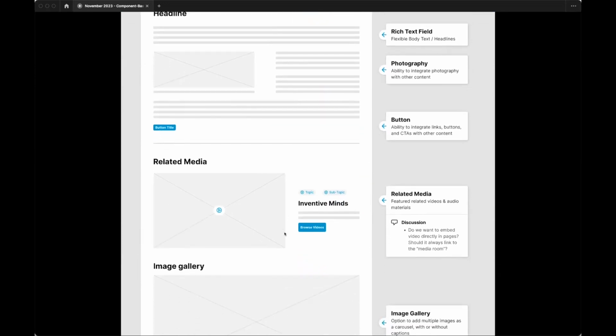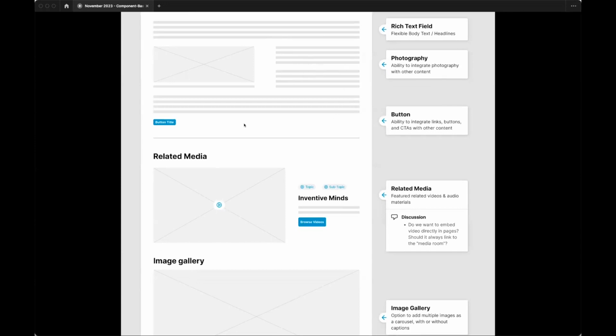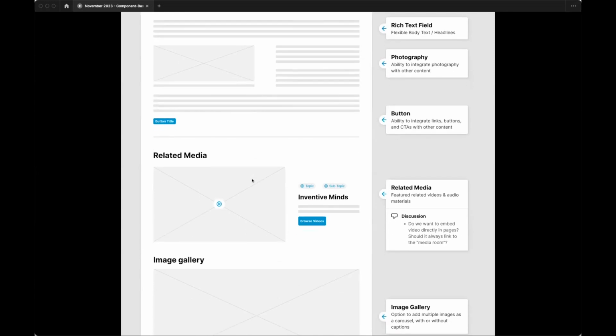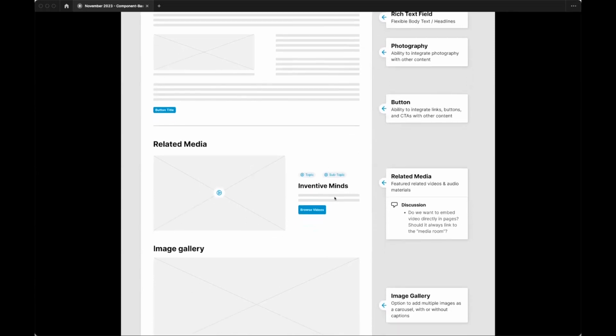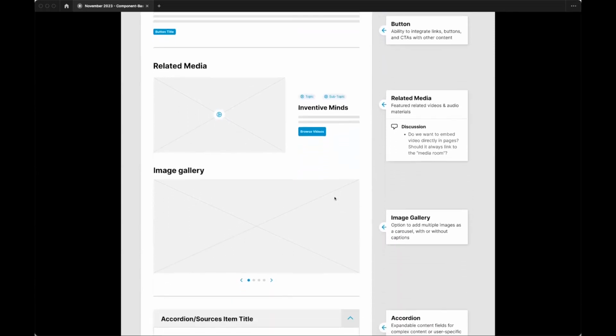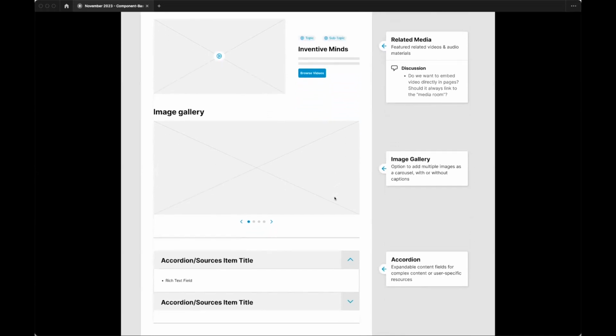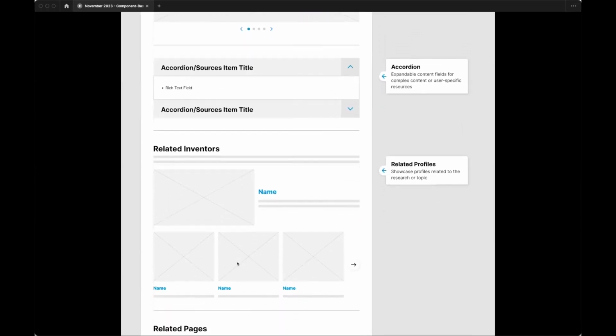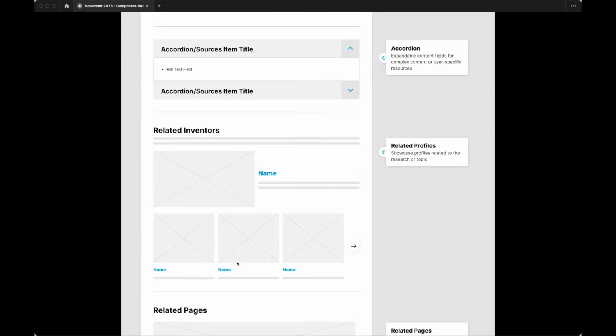Often we're looking at aspects like boilerplate rich text fields, but also related media and what that looks like, how we're tagging content to relate to other parts of the site, adding image galleries, accordions,